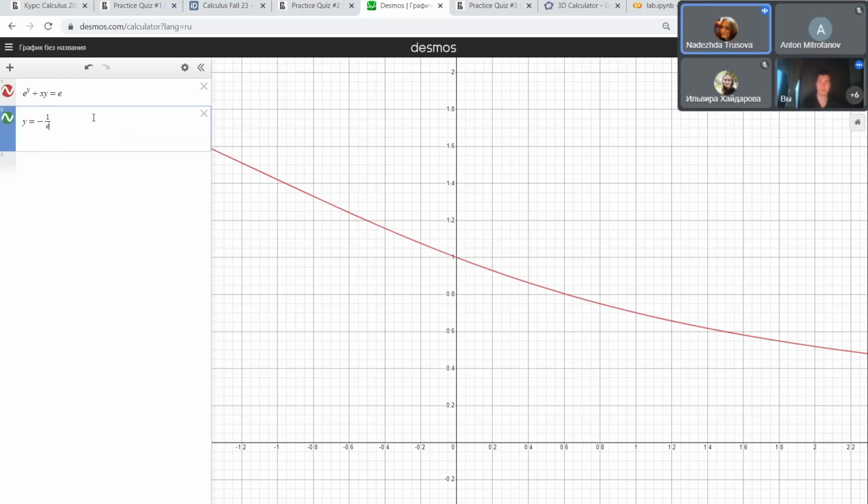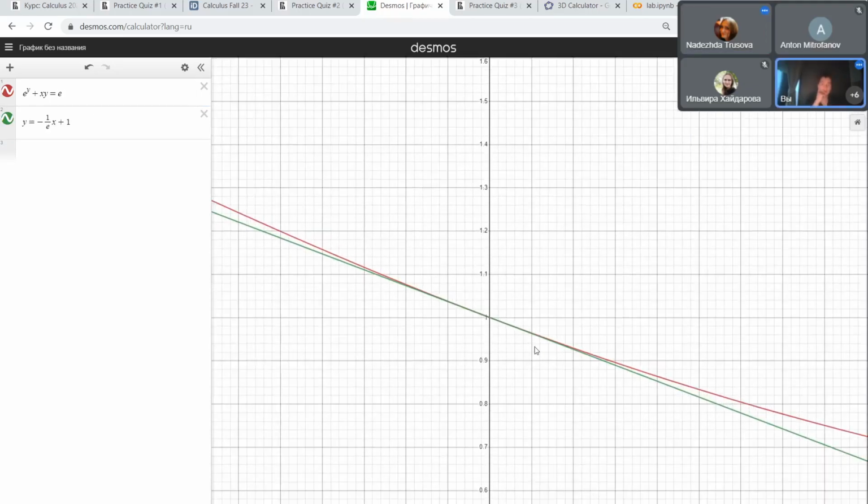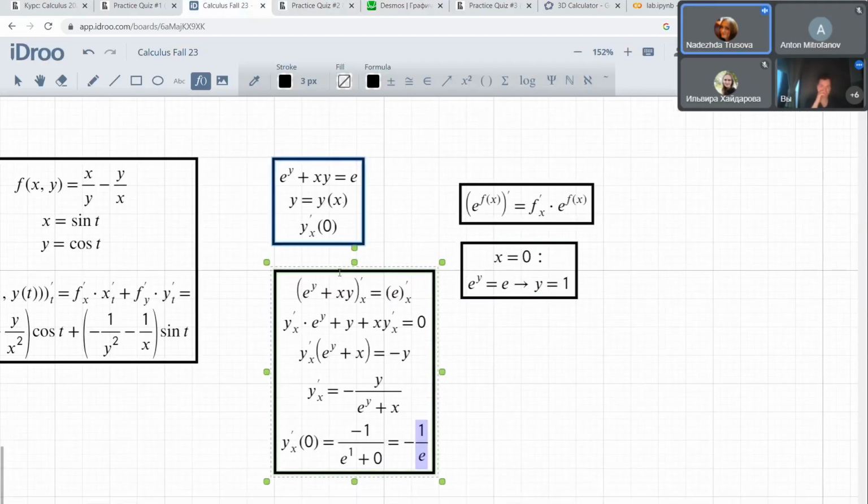I think it should be minus 1 because e to the power 0 is 1, not e. Sorry? I mean the computation, because when we pick x equal to 0, in the denominator we get e to the power of 0 plus 0. Why? No, it's y, because